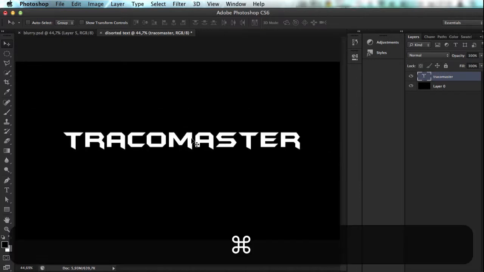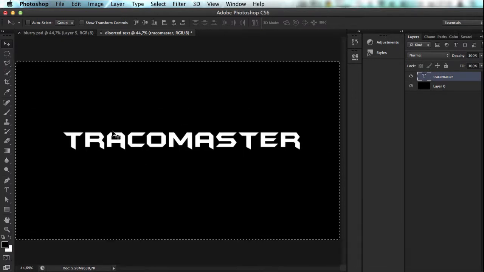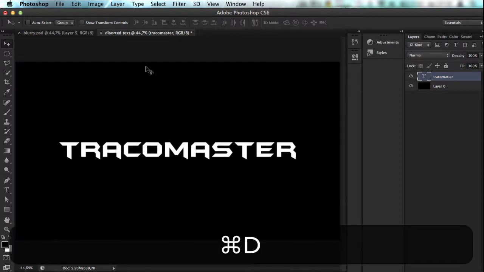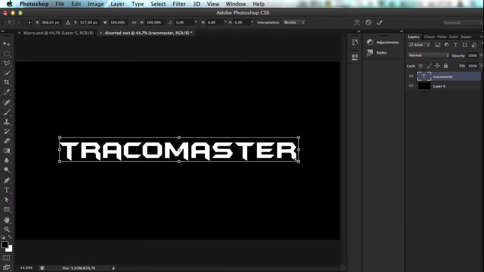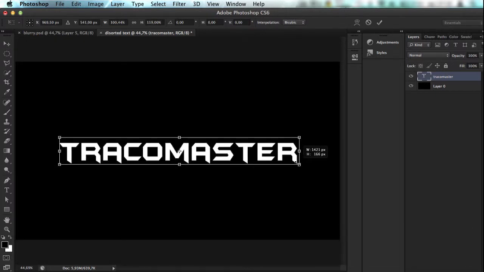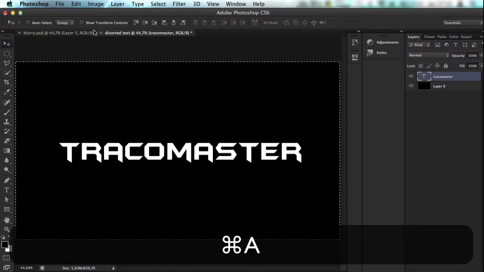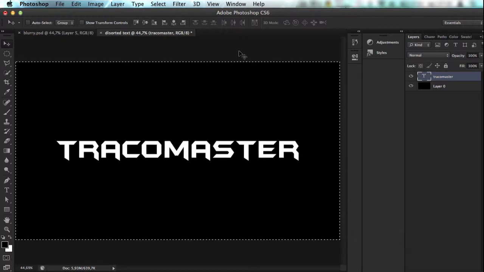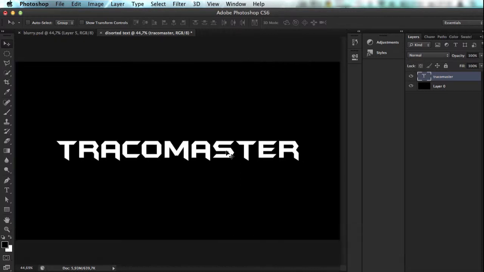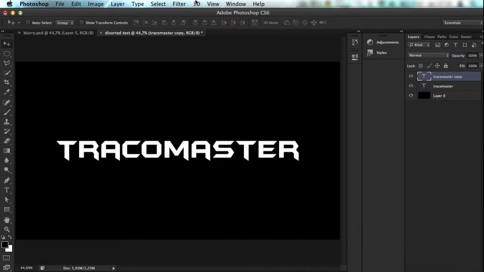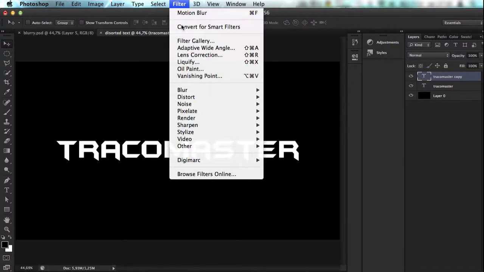Now you're going to hit Command A and then go over these two things here. And I actually would like to have it a little bit bigger. This is actually okay. Really like this size. So then just center it again. Then deselect it. Now what we're gonna do is make a copy of this, and then go to Filter,